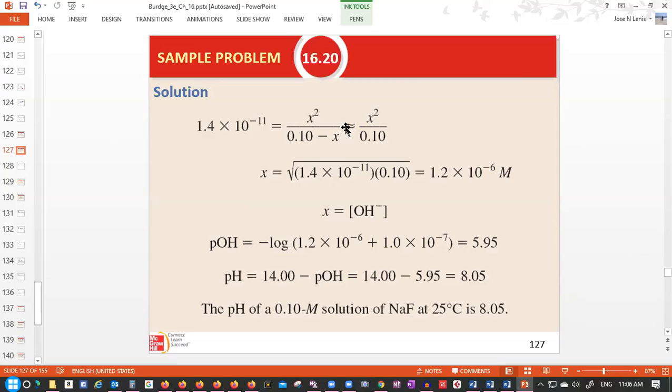Here we do the approximation to avoid the quadratic equation, and we find that X,